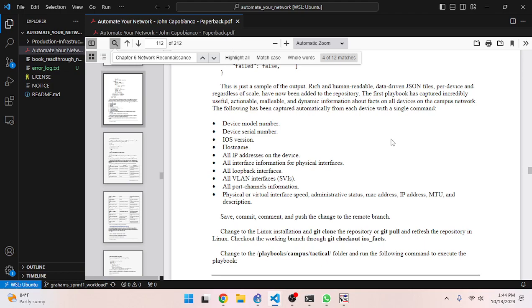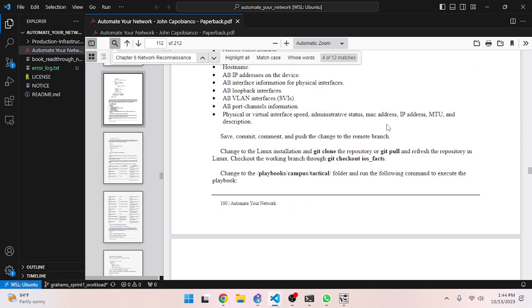The following has been captured automatically from each device with a single command: device model number, device serial number, iOS version, host name, all IP addresses on the device, all interface information for physical interfaces, all loopback interfaces, all VLAN interfaces, SVIs, all port channels with ACL information, physical or virtual interface speed, administrative status, MAC address, IP status,